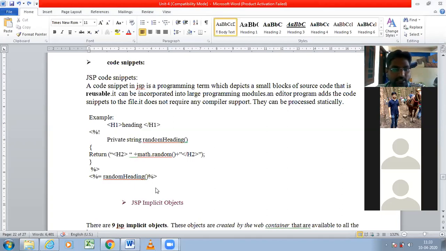Right. So then see here, very easy one, just like the functions here. So you can reuse that particular code. Just like normal functions, it will work. Here, what I am doing, I am writing equal to, which means expression. This is a declaration and this is an expression statement in JSP. Already we have discussed that.